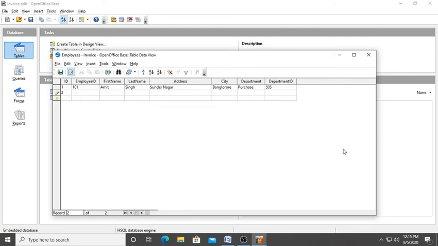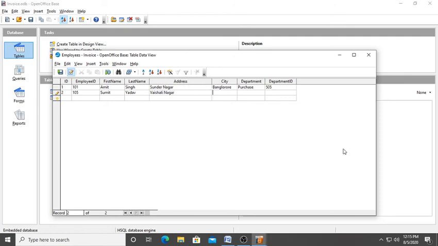Then for the second record we can press the tab key. Second employee ID is suppose 105, this can be any. Then here also you can write another name like Sumit Yadav, in Vaishali Nagar.